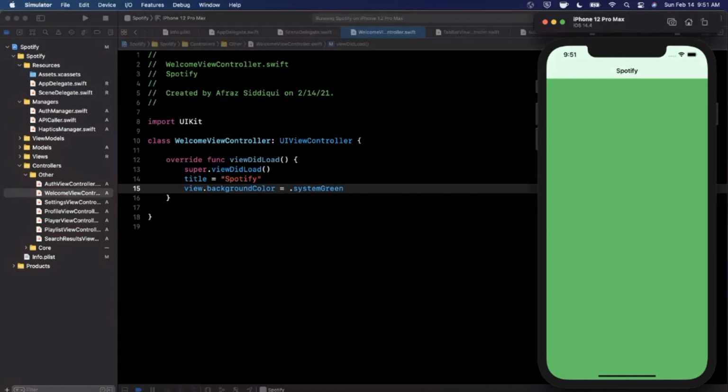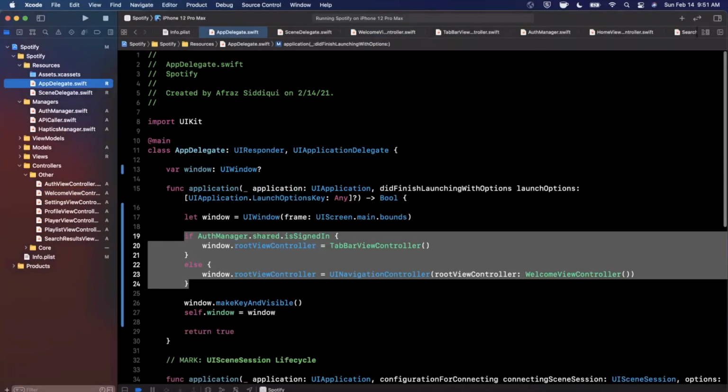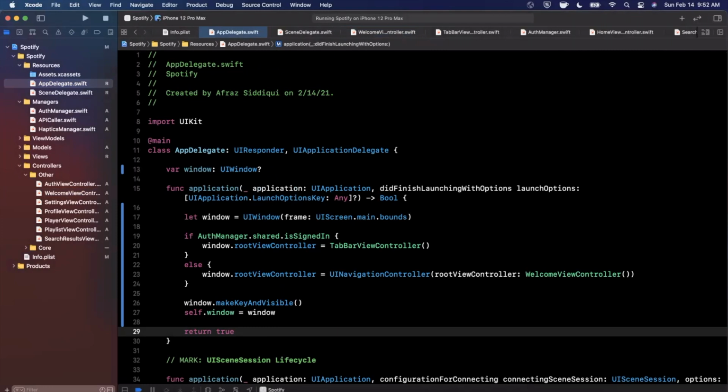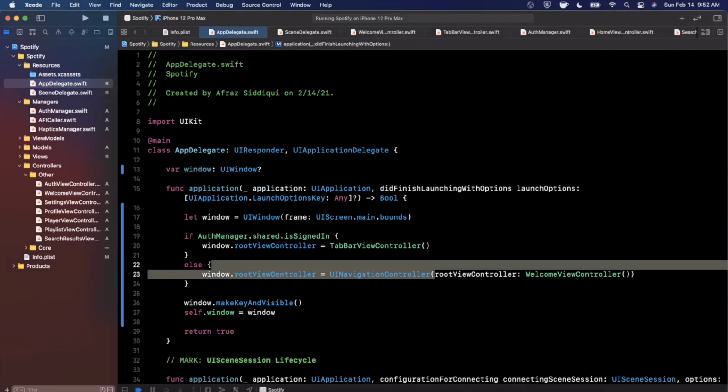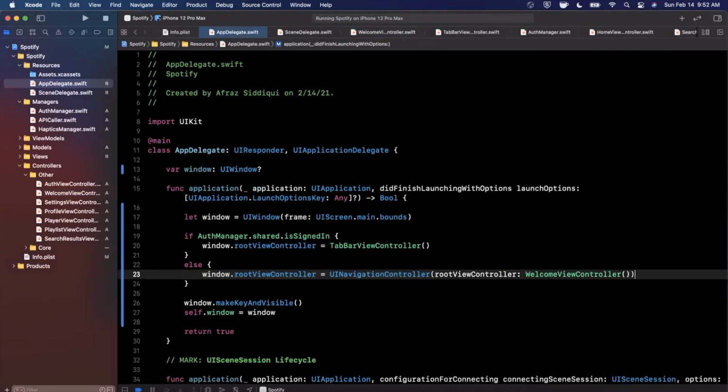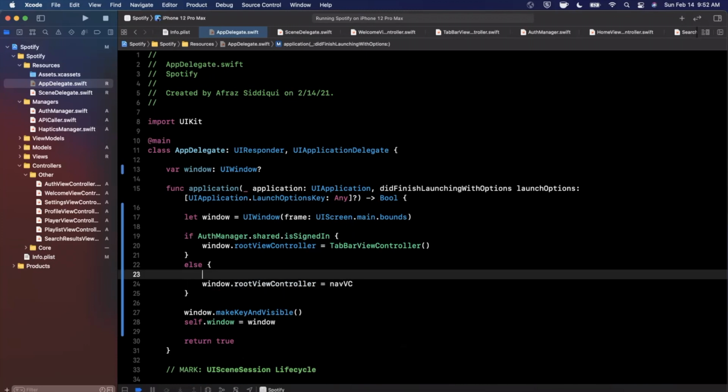So looking pretty great. The app launched and basically said, okay, we're not signed in, so show this as your root. The one thing I'm going to go ahead and tweak here a little bit in the app delegate, I don't like that it's using the small title at the top. For the navigation controller here, which is nesting the welcome controller, we're going to tweak two things on here fairly quickly. We'll say navVC,